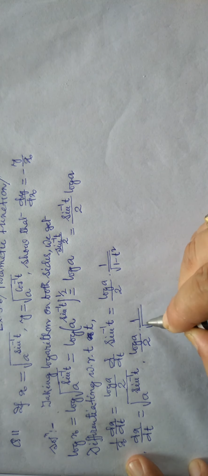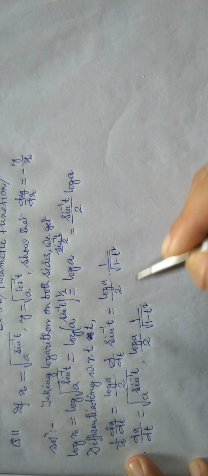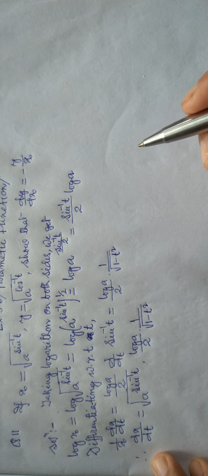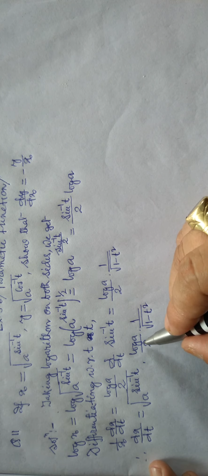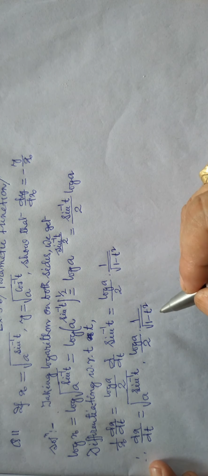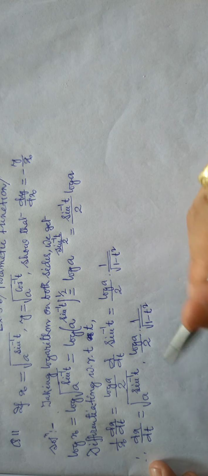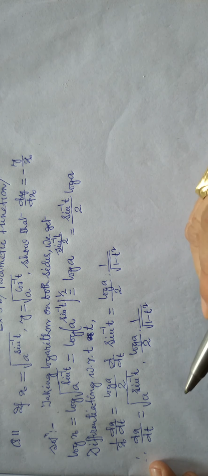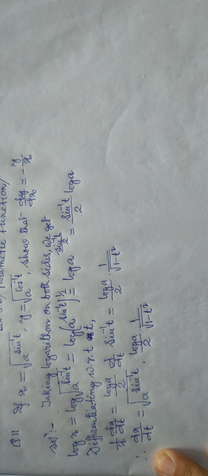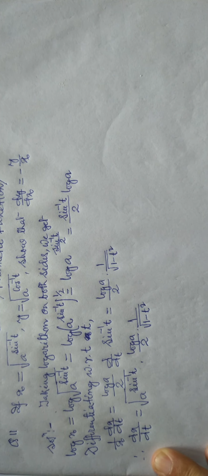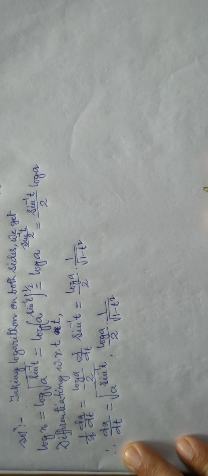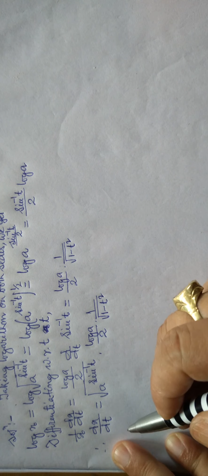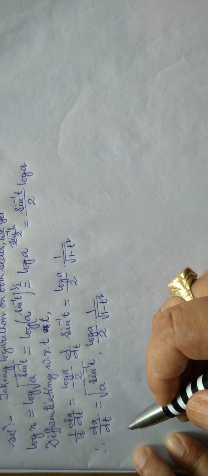1 by root over 1 minus t square. We can write the standard form finally, but this is not the final one. At the final stage we can prepare to write the standard form of the particular expression. After that one we are going to find the dy by dt, right? With the same analogy we have to go, that is why